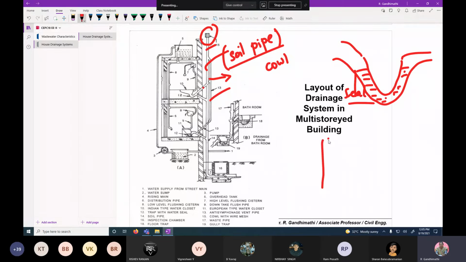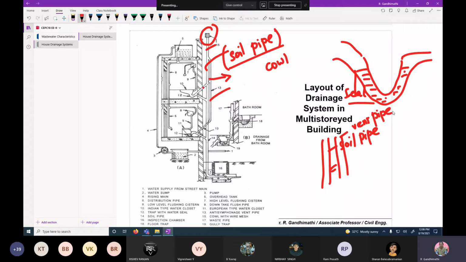For example, this is a soil pipe. Soil pipe carries the night soil as well as the urine from the bathrooms. This pipe also should be attached with a vent pipe. Vent pipe is mainly to allow the gases into the atmosphere, for good air circulation.